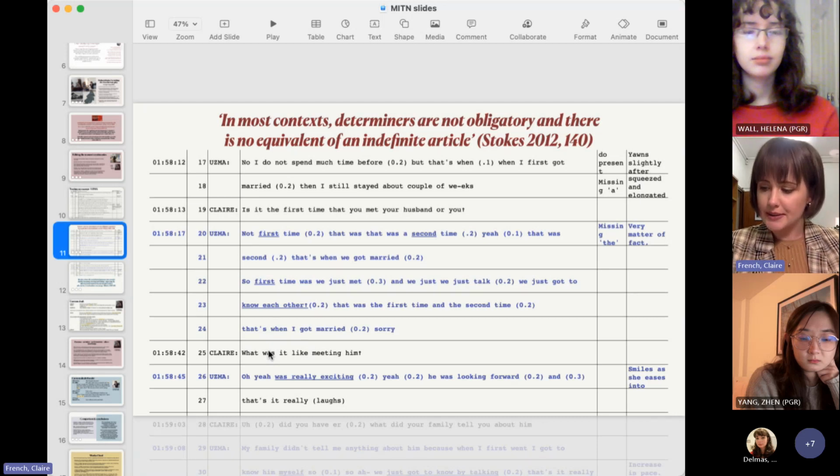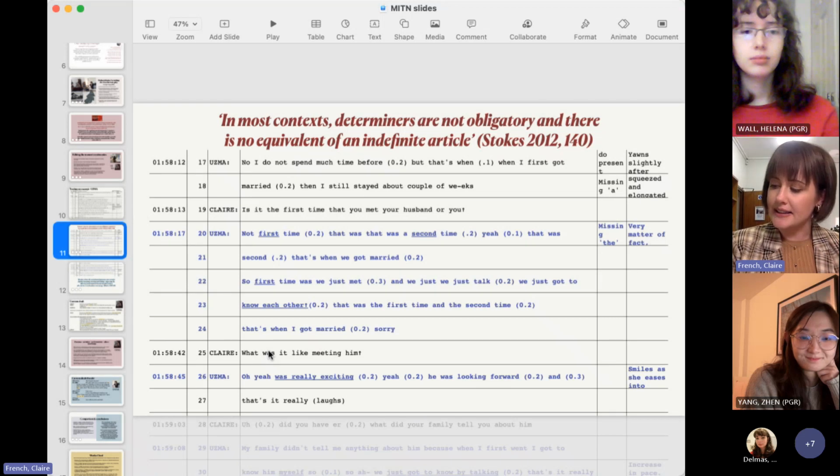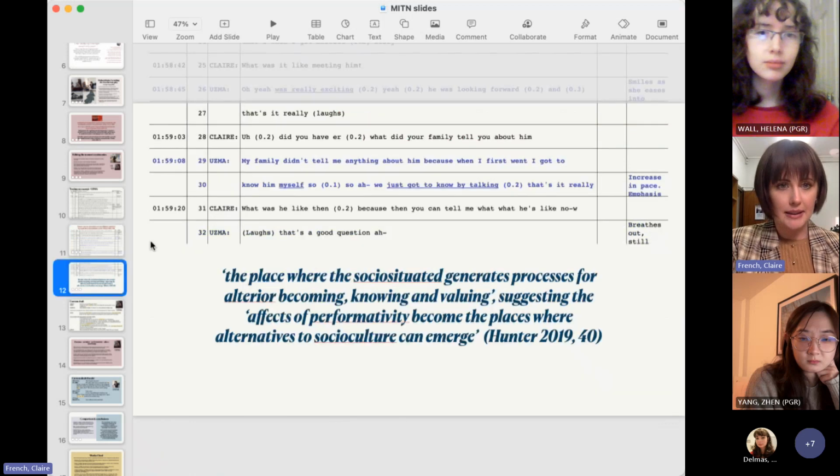And Uzma's definitiveness seemed quite marked to me because as an Anglo-Celtic and secular woman, and the question of arranged marriages being of a contentious place between Asian and secular cultures, she doesn't necessarily seem to jump in to defend her marriage here, but she does move into a faster pace and louder volumes in these moments. And this suggested or indexed that she wanted to make clear her agency in being able to speak with him on her own terms and define and decide from there. This can be seen in the following few lines.